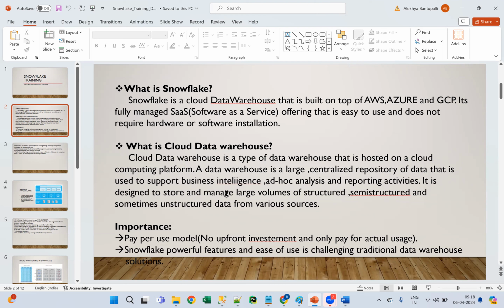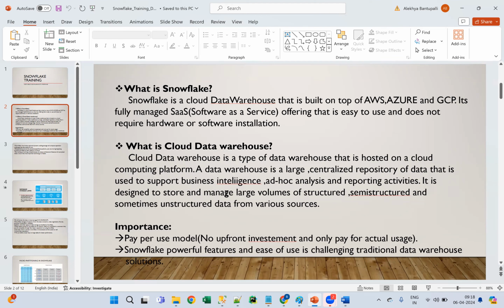And it can also deal with multiple different file structures. Like I have mentioned before, a normal database cannot deal with multiple types of data files, like semi-structured and unstructured. So that is what it is all about with a data warehouse, guys.